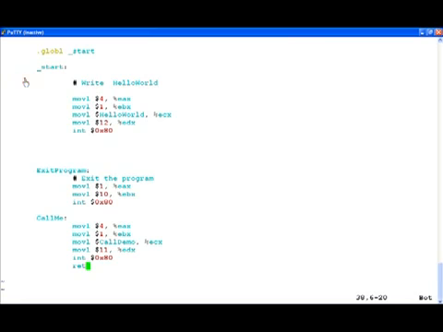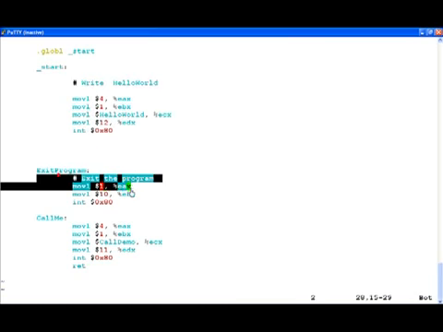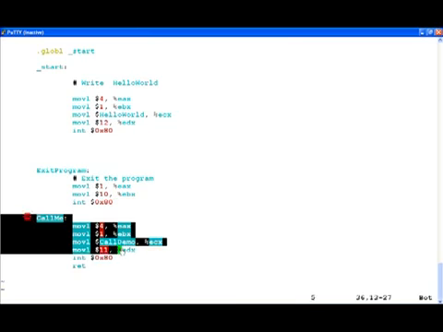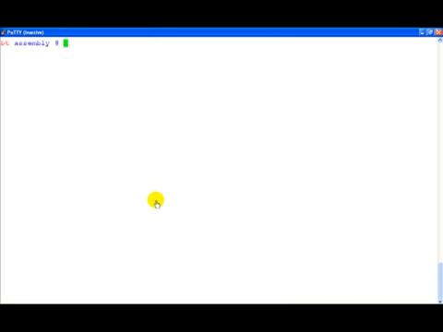What this program should do is write the hello world onto std out and simply then exit, right? The call me section is never going to be actually called because before that you exit. So let's go to another terminal and quickly assemble this program.